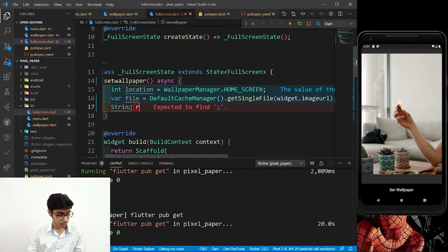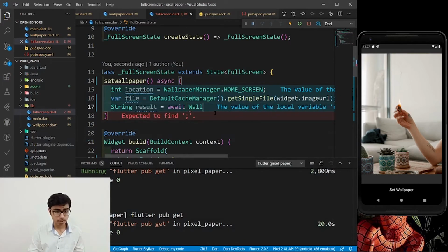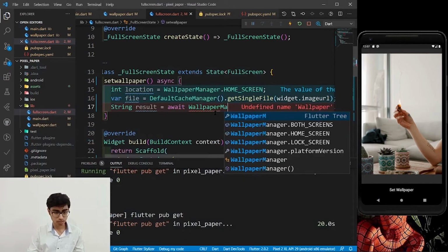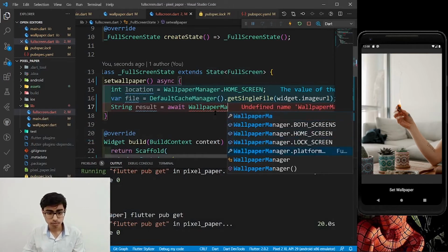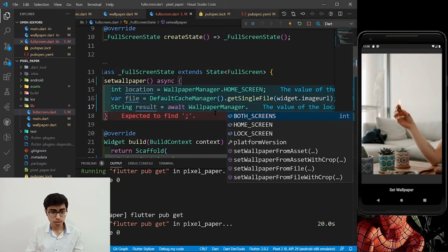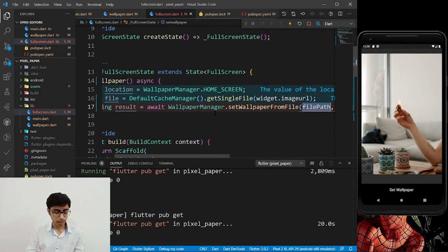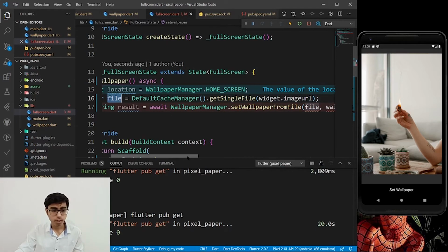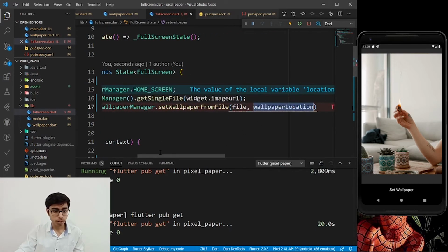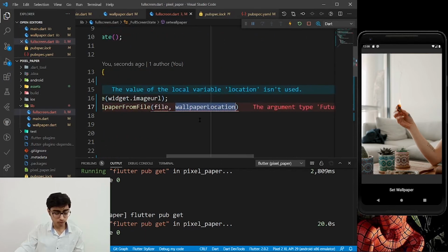So String result will be await WallpaperManager dot setWallpaperFromFile and define the file path. So the file path is your file that is defined over here, and you have to define the location, and your location is this location, int location, right?